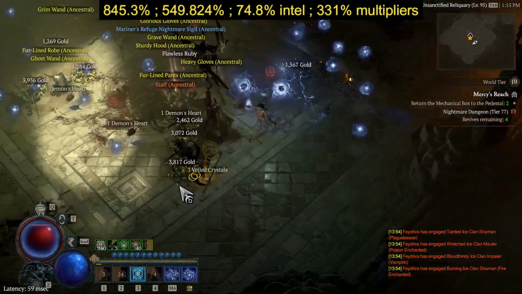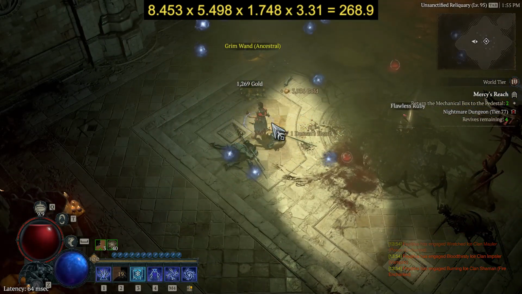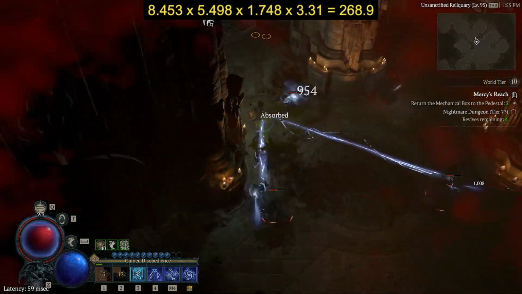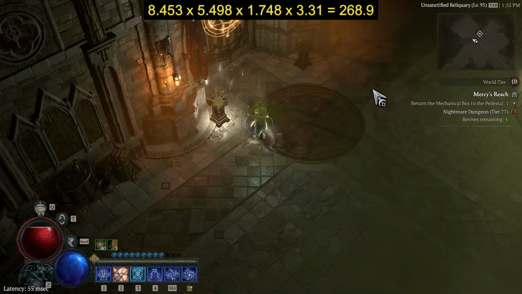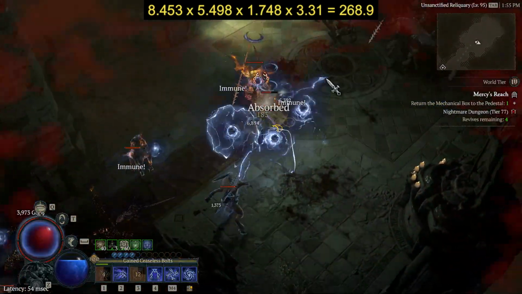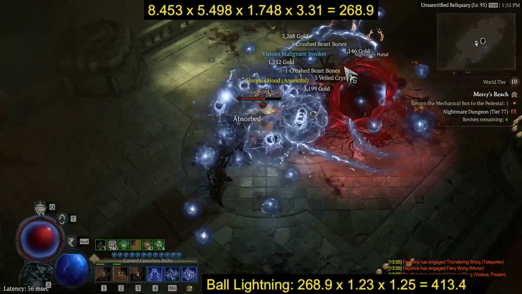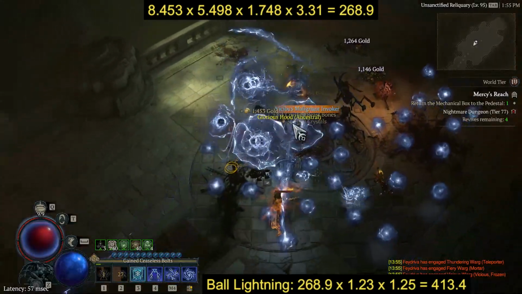And now the grand total. 8.453 from the additive bucket times 5.498 from crits times 1.748 from intelligence times 3.31 from multipliers equals 268.9 general multiplier. For ball lightning, we multiply this number by 23% because of the 9 ranks and 25% because of the gravitational legendary. So that's a total of around